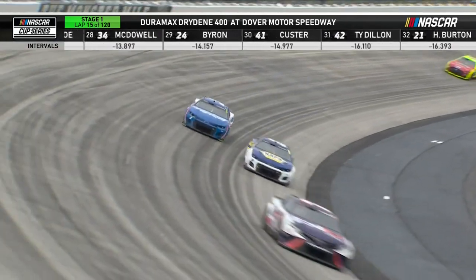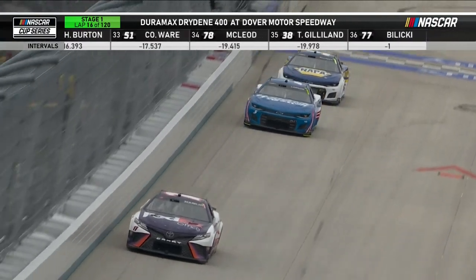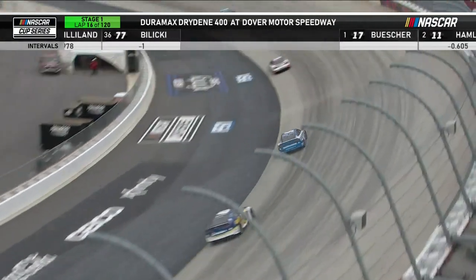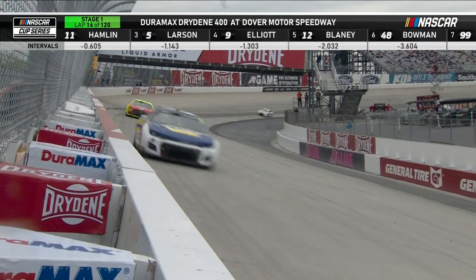Looks like Chase Elliott, he got the debris off that nose. So starting to already see that rubber building up on this racetrack. That's what's going to start separating these cars, right? Your handling starts coming into play. If you're tight, you're going to get tighter in that. That rubber on the racetrack is slick, and whatever problem you're fighting in that race car, it's just going to